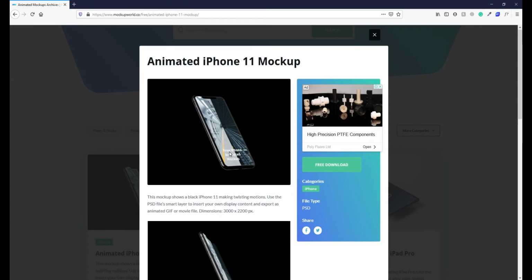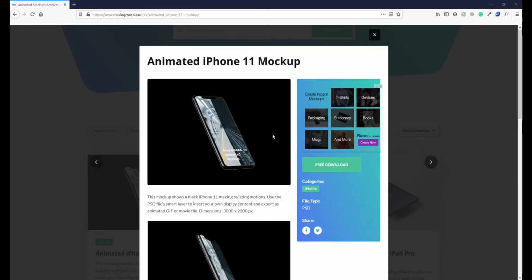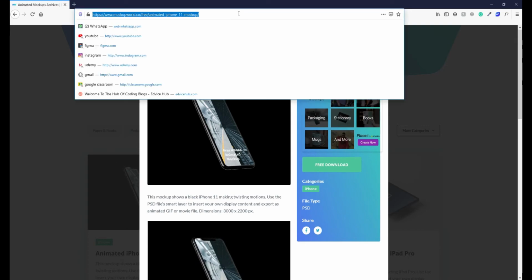It is a browser based software which is completely free and easy to use, so you don't have to download Photoshop and all.